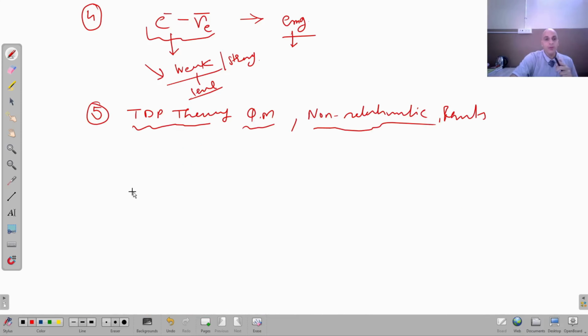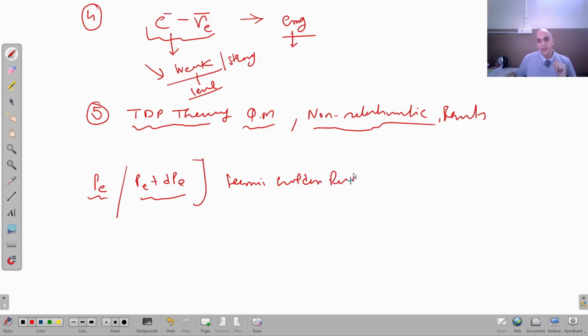Now I am going to write down the expression for the probability of emission of the electron that has momentum between PE and PE plus dPE. For writing that probability, I am going to use a very, very important result of quantum mechanics, and that result is the Fermi Golden Rule. According to the Fermi Golden Rule, the transition probability,